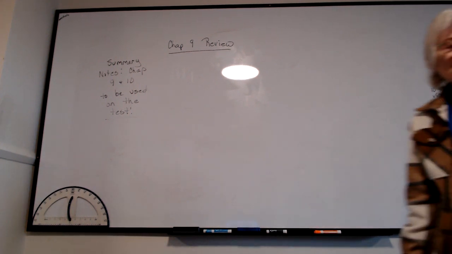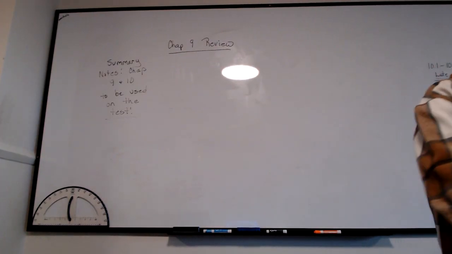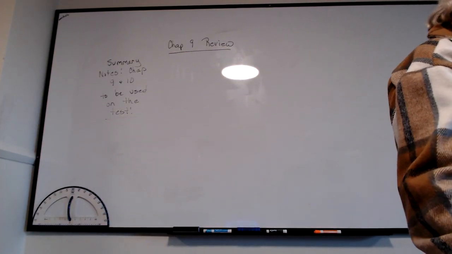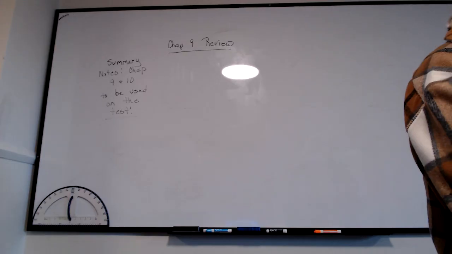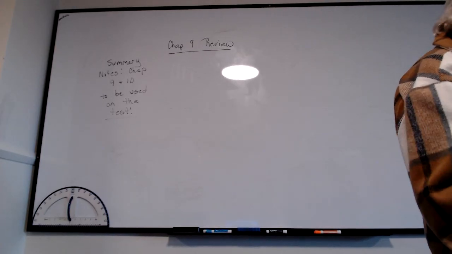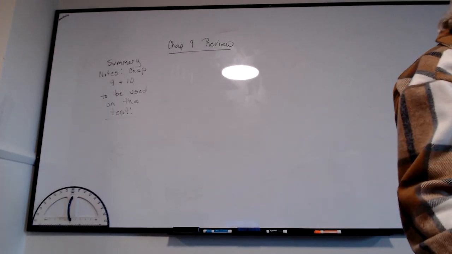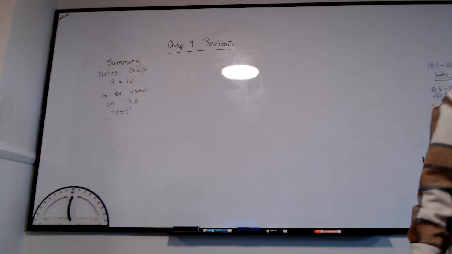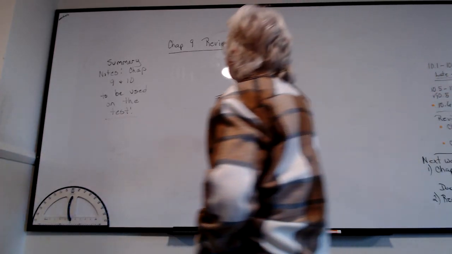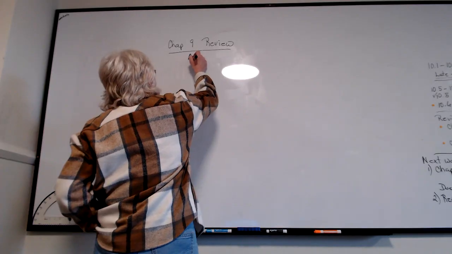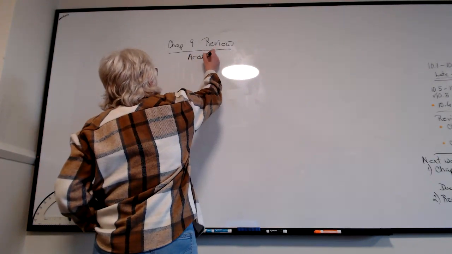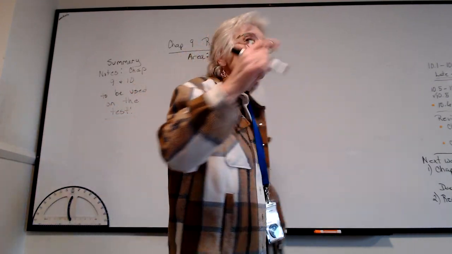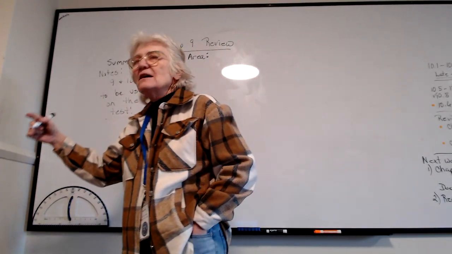We're going to start with chapter 9. Chapter 9 is really, the whole thing is about areas. It really is talking mostly about what an area is. Okay, so this whole thing is about areas. We came up with the formulas for different